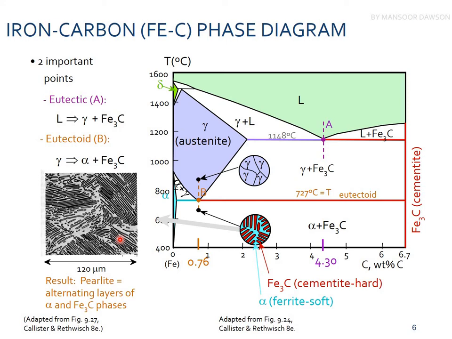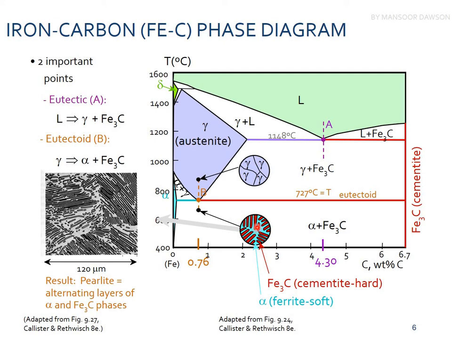So this is again the iron carbon diagram. You can see the liquid phase, you can see the austenitic phase, which is in blue, and the eutectoid and the eutectic reactions have been marked here. You can see that this is the eutectic reaction, in which we'll be getting the lamellar structure of gamma and cementite. But in the eutectoid composition, you can see that gamma is converting into ferrite and cementite. We're getting the lamellae, or the alternating layers, of alpha and cementite.